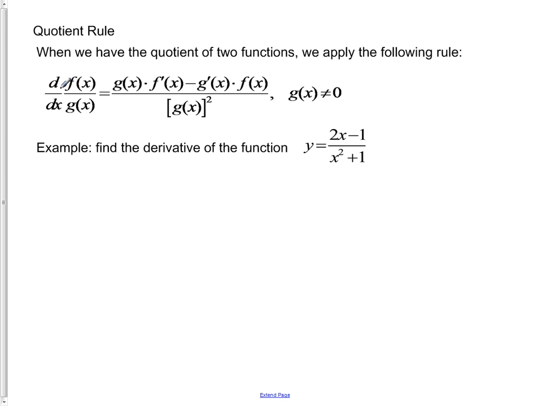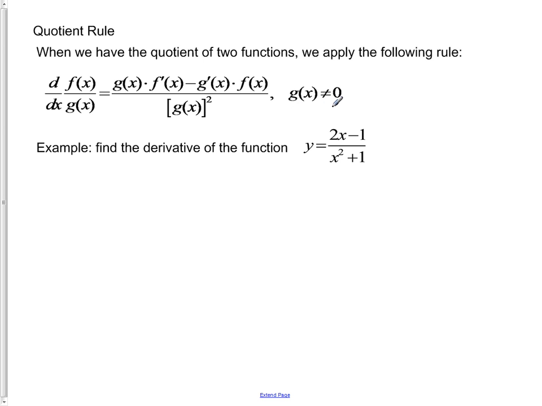If we were to take the derivative of a quotient of two functions, f of x over g of x, then our derivative will equal g of x times the derivative of f of x, so the denominator times the derivative of the numerator, minus the derivative of the denominator times the numerator function, divided by the square of the denominator this time. There's again a proof of this that will be done separately,